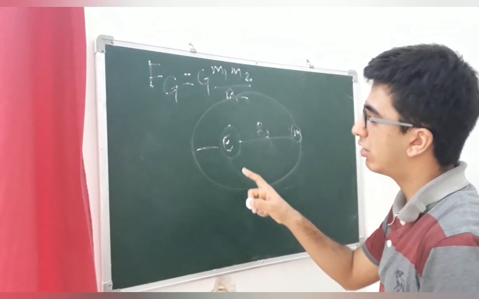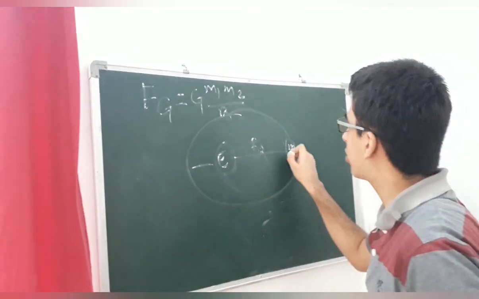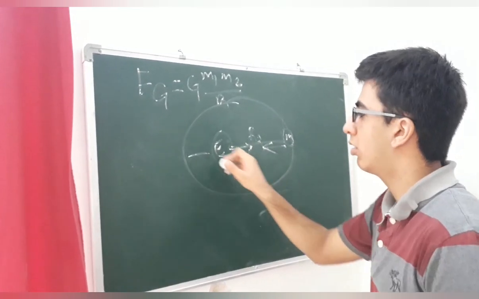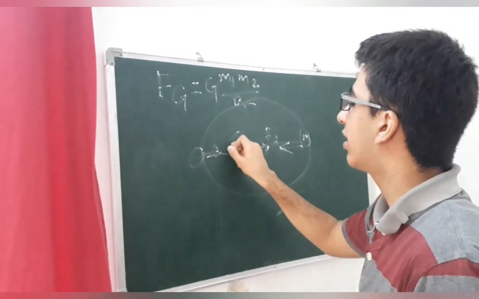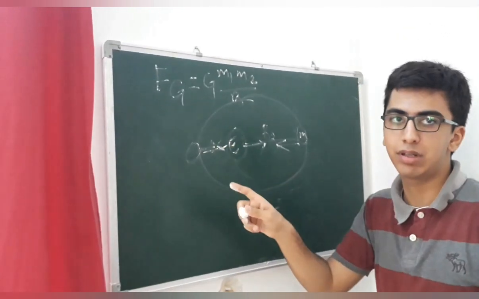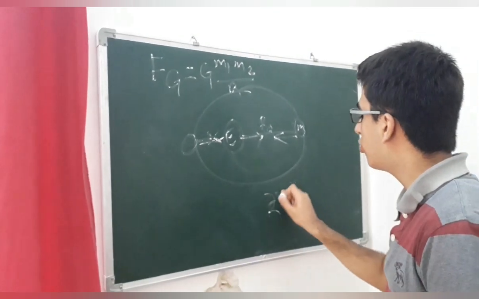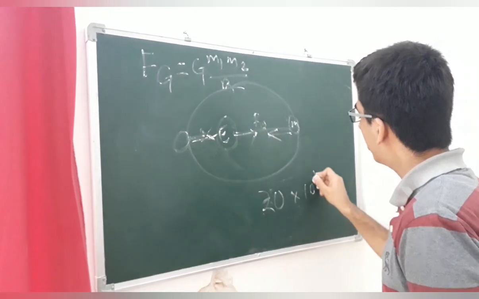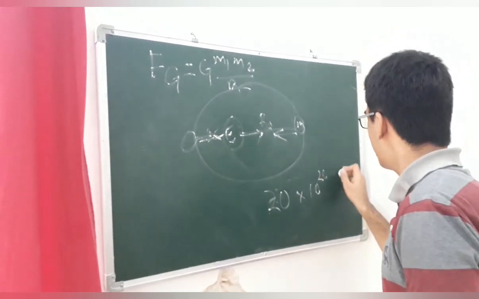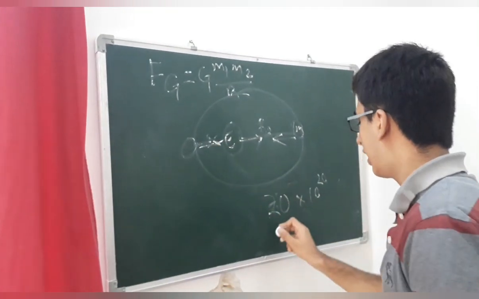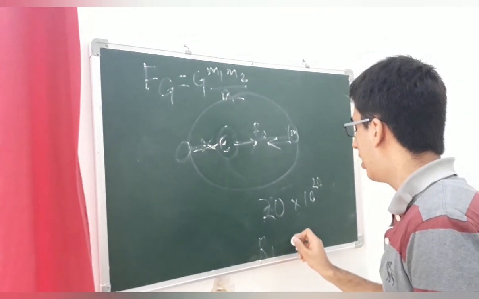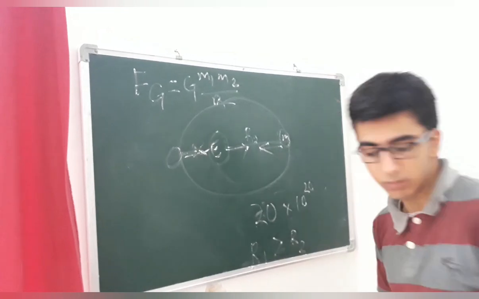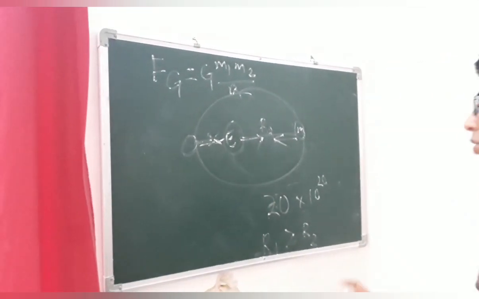We can also assume that the moon and the earth will have equal gravitational pulls, but over here the value will increase because they are much closer. So let's say over here we have 2.0 into 10 to the power 20 newtons. Over here we can assume it will be more than that. So if we're finding it for radius 1, radius 1's gravity will be greater than radius 2's gravity. That's a very important point to remember.